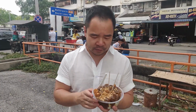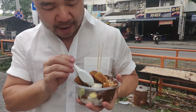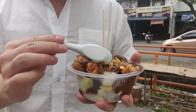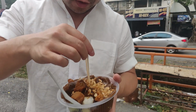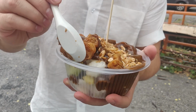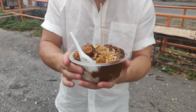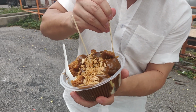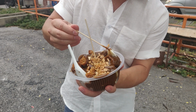So rojak is a really interesting food. I don't really know the history of this food, but basically it's a salad consisting of tart fruits and vegetables as well. It's been around for hundreds of years, but as the migrants have come to Malaysia, they've added their own little variants to it. So you can see here little shrimp and this thick sauce, which is maltodextrin, which is something, you know, back in World War II days was a source of energy for poor people. So you can see the crullers, or the yao tiao, or the yao guay as we call it in Hong Kong, and then little bits of fruit. This is some sort of pear. We couldn't really work out what it was,